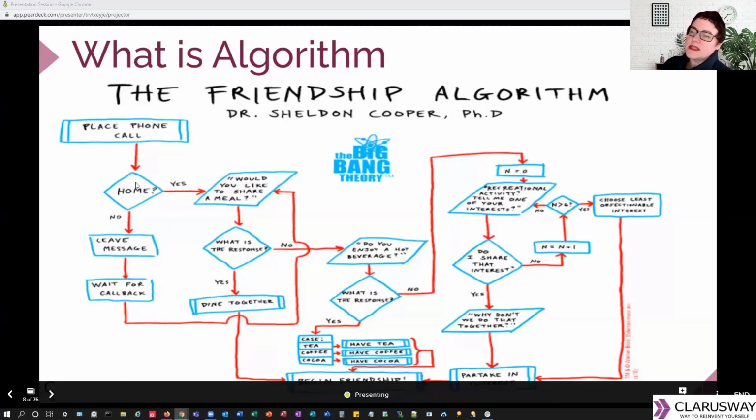So he's placed the phone call, they're home. So if they are home, he moves into this step quickly. All right, once he gets to talk to them, he says, would you like to share a meal? And then there's another decision point, yes or no. If the person says yes, they go ahead, they dine together, and they move straight into beginning their friendship. But if the person says, no, I do not want to share a meal, then he moves into, do you